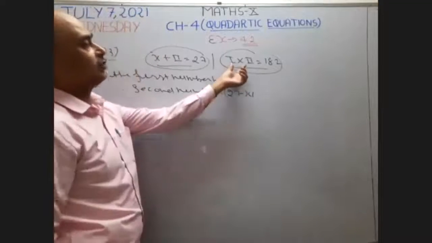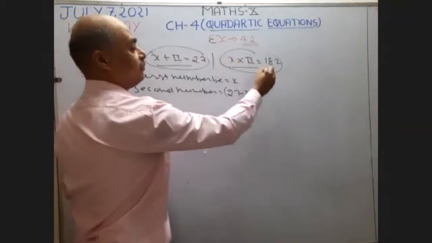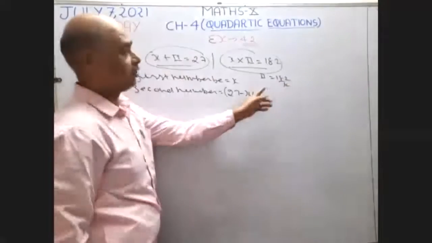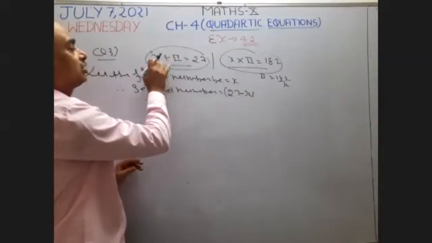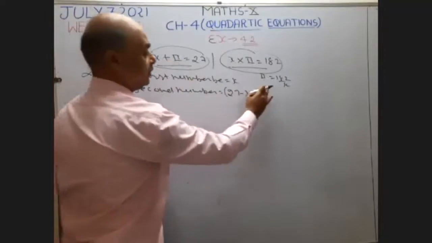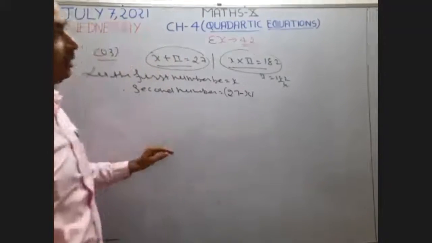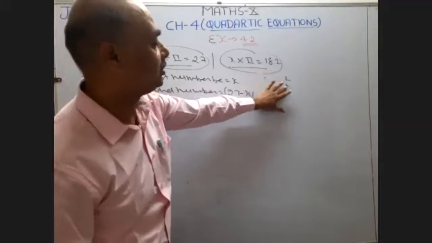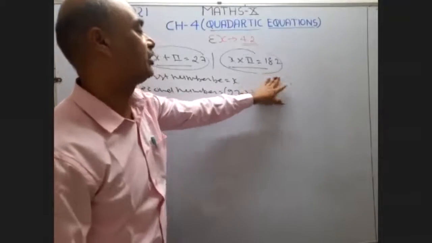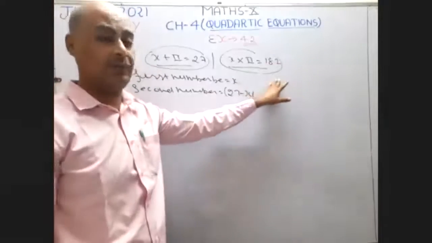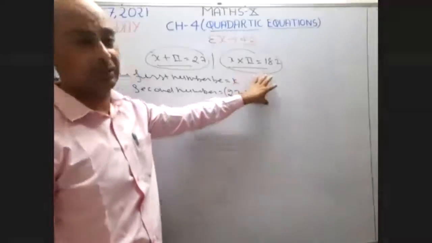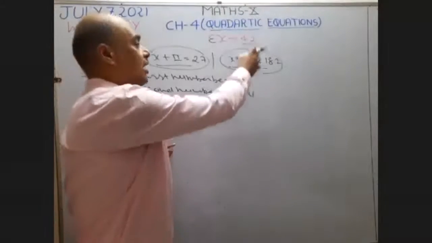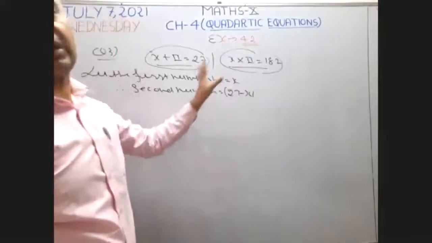This is product, beta. If you take first number x, then second number becomes 182 divided by x, but you have to substitute first number here because sum is given. And sir, one more thing I want to say, the example number 1 second part is also there, no? Yes, try it yourself. If you have any doubt, then I'm going to take it on Saturday, because Saturday I book for your doubt session. On every Saturday, I'm going to take the doubts of the chapter which are going to be solved.